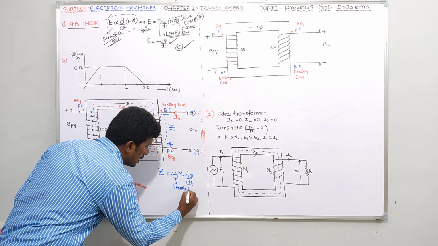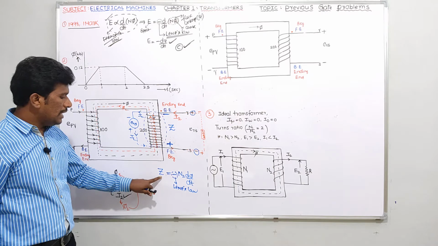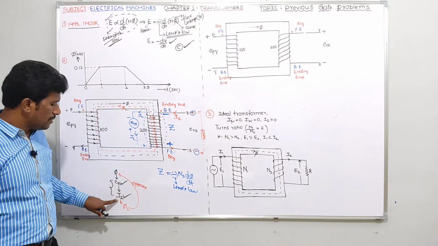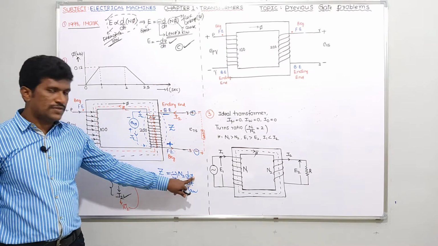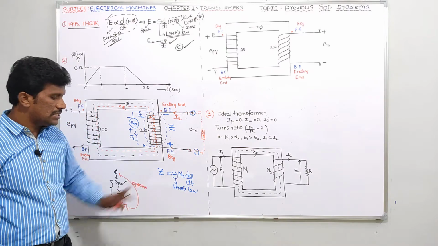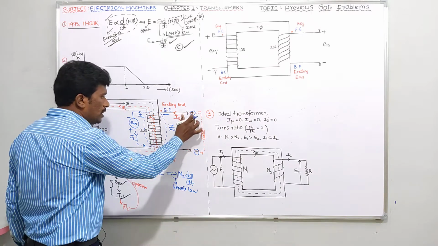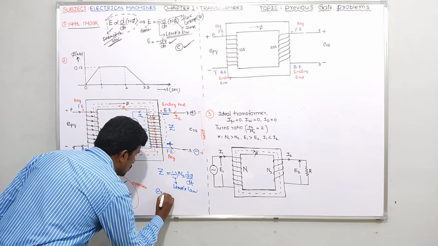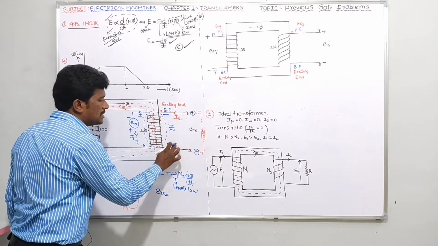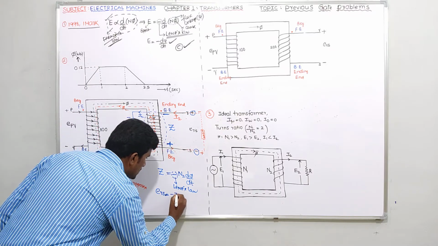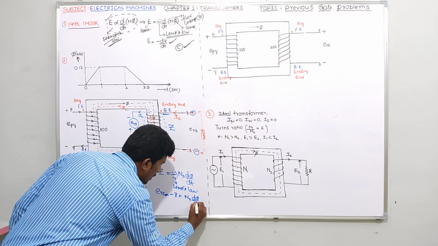That means whatever EMF is induced here, because of that EMF you are getting some current, and because of that you are getting some flux. That flux is opposing your previous flux phi. To show that opposition, I am just showing a minus symbol. Is it okay for you? Now guys, if Z is minus N2 d phi by dt, what about the ERS value? Whereas for Z, minus is here, plus is here. So simply ERS equals minus Z. That becomes N2 d phi by dt.